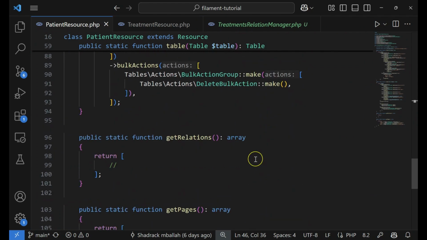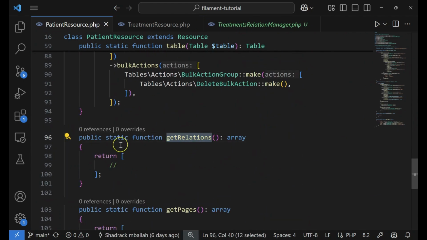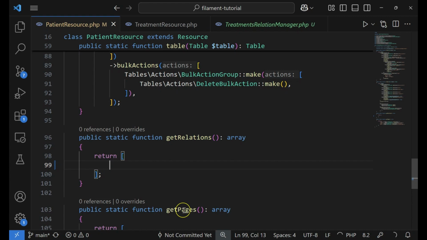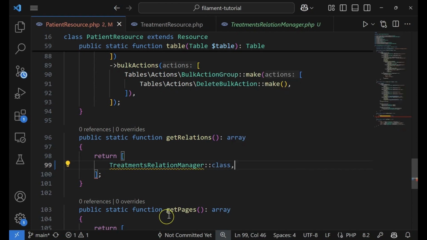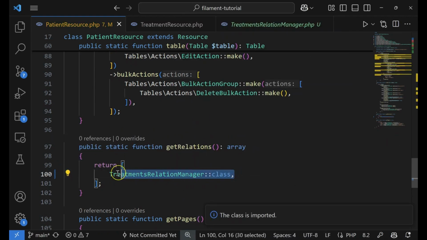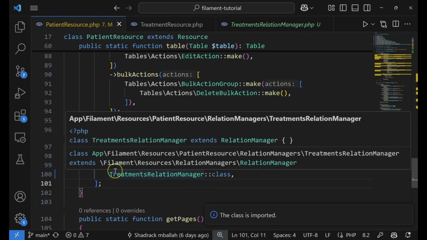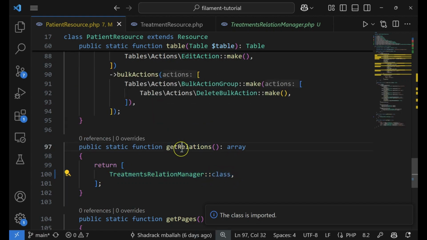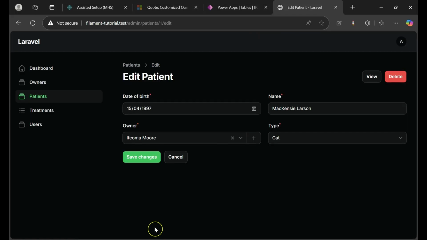Okay, and then we go down to the get relation function, and then inside here we are going to say then class, okay, and then import it. So this is how you are going to register your get relation, so your relationship manager, into the get relations function. Okay, so now when I go back here and refresh this one,